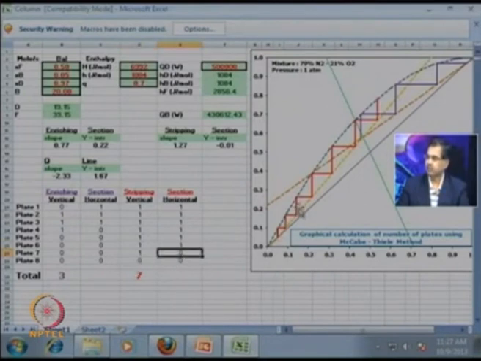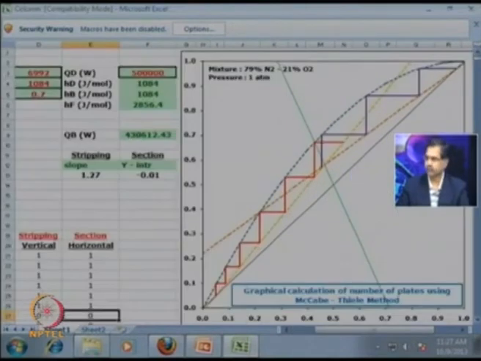So, you can see that 1, 2, 3, 4, 5, 6, or we can take 7, but I will say let us say 6 as the vertical line because we are very close to this point of intersection. So, you can see now this is my McCabe-Thiele graphical representation, and we have done the staircasing technique from the enriching section from the top, and we found that there could be 3 verticals and therefore 3 plates in the enriching sections,